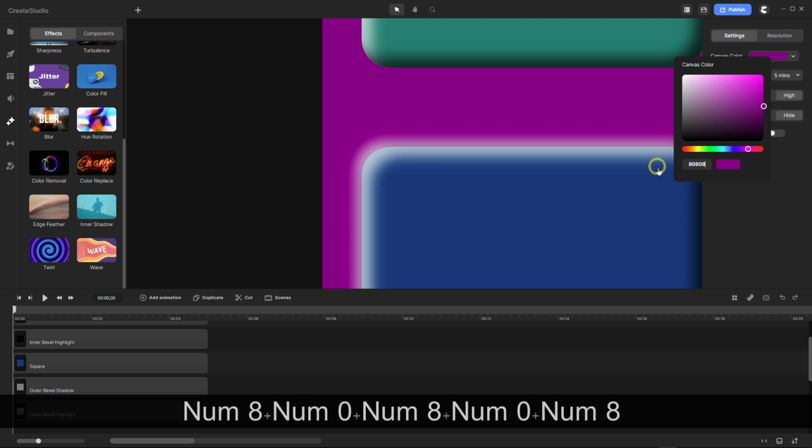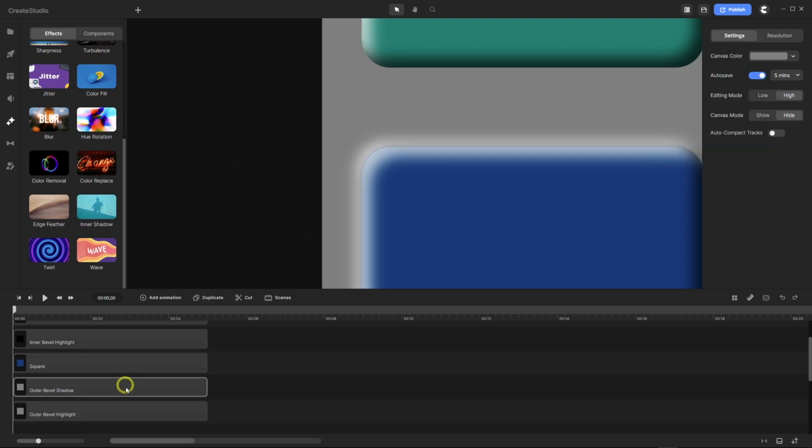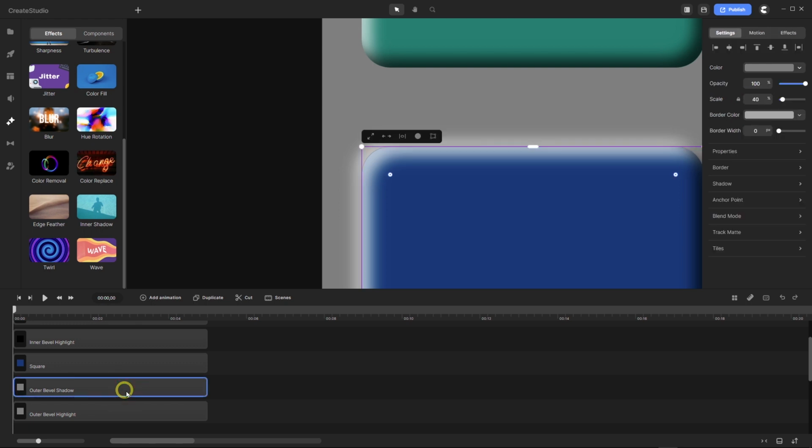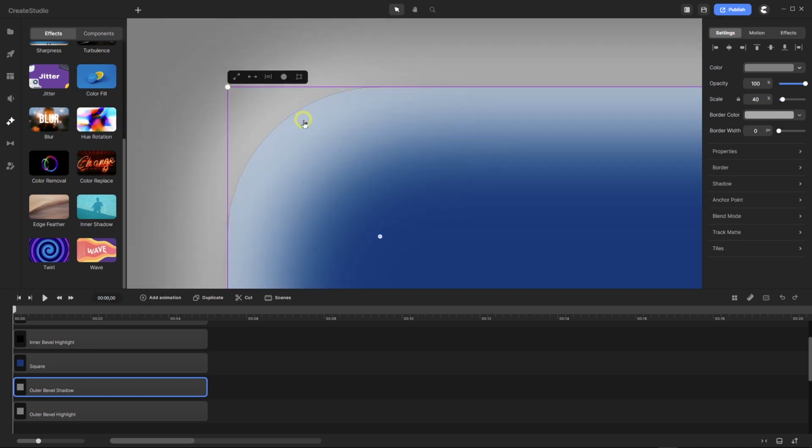80, 80, 80. And let's go with this here and scale it a little bit down. You can watch this here now. I hope you see this little line. If you can live with this little line, you don't have to do this edge feather for the square or